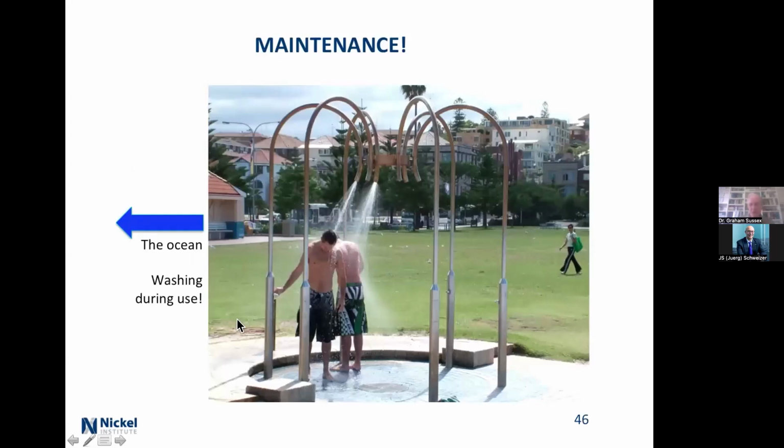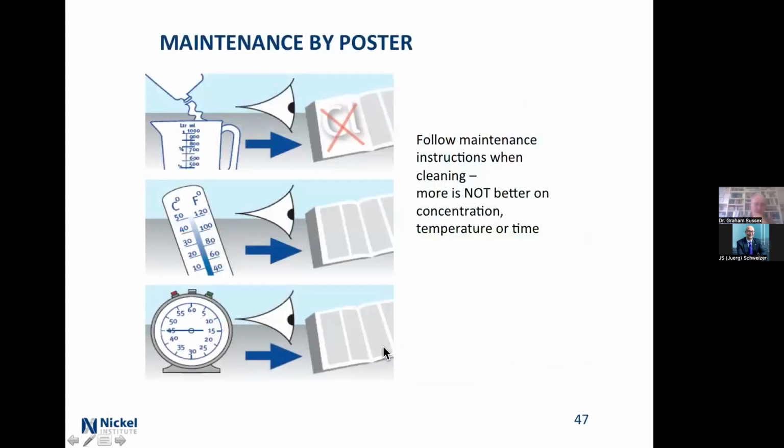And then you have maintenance. Goodness, don't you do it. Over to here, this is the ocean, 50 metres away. These people are washing the salt off. And down around here, it's all being washed by the fresh water. It's in Sydney, so it's reasonably good chloride level. Up the top, no, it's just the roughness. And so you can see these areas up here. Maintenance by poster, well, hey, come on.